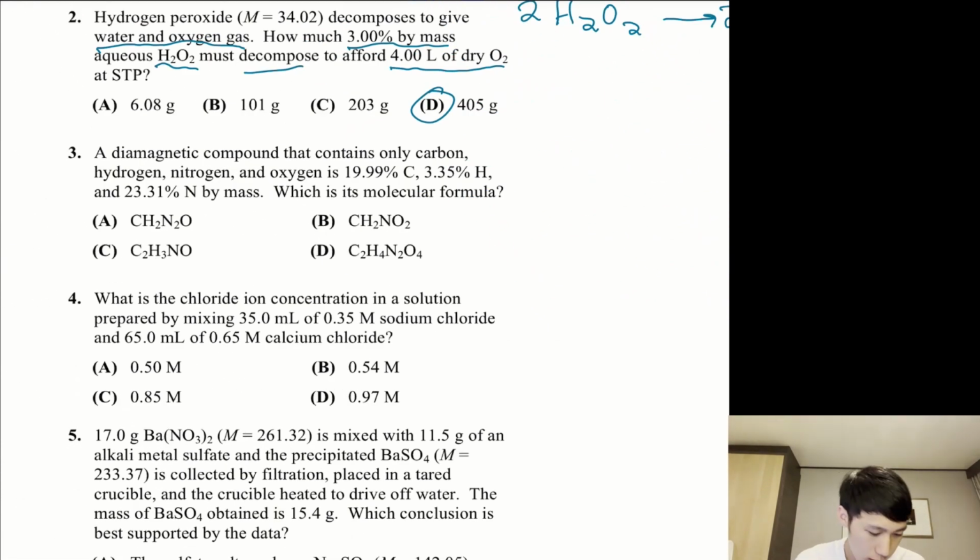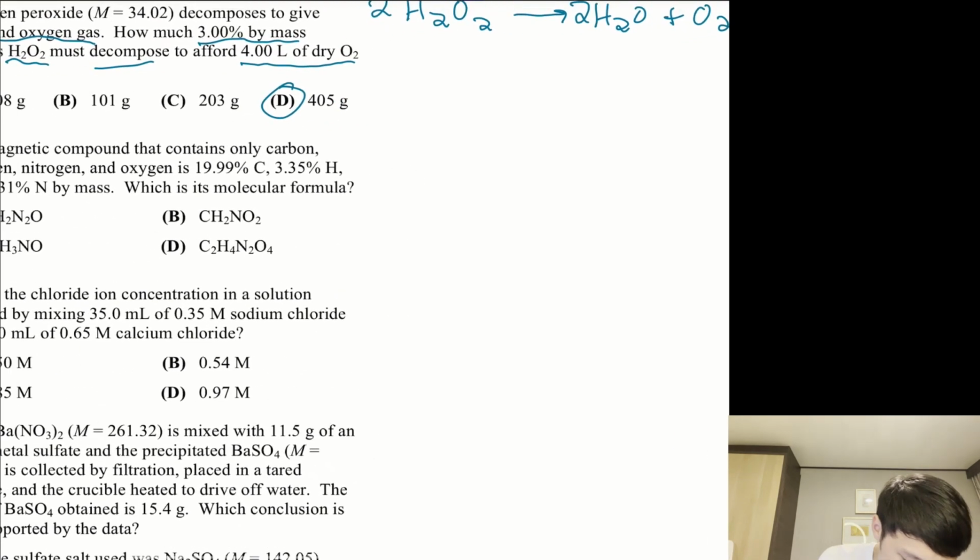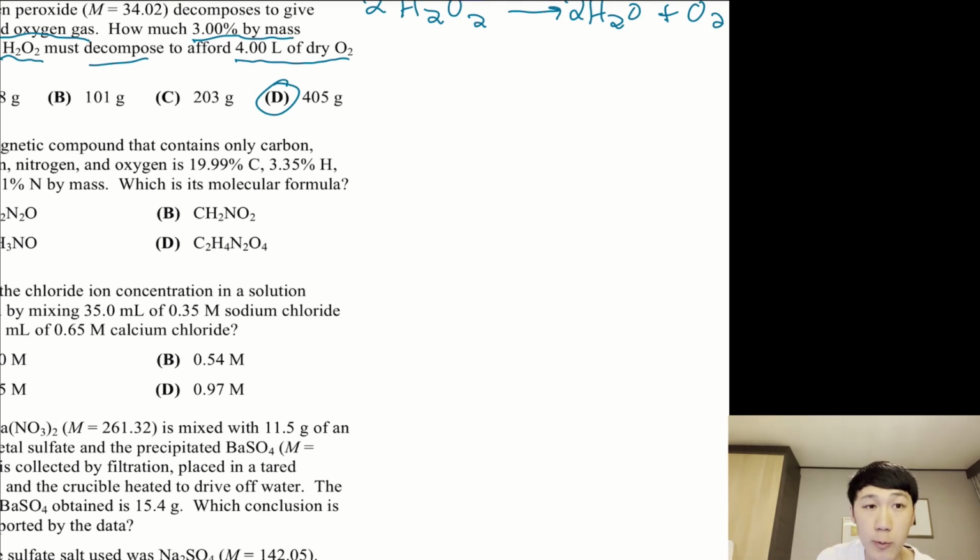Problem 3. A diamagnetic compound that contains only carbon, hydrogen, nitrogen, and oxygen is 19.99% carbon, 3.35% hydrogen, and 23.31% nitrogen by mass. Which is its molecular formula? So, again, we can consider a 100-gram sample. So that's going to be